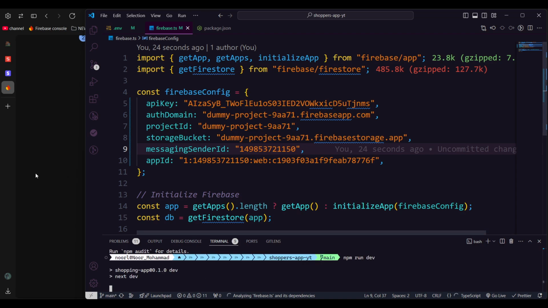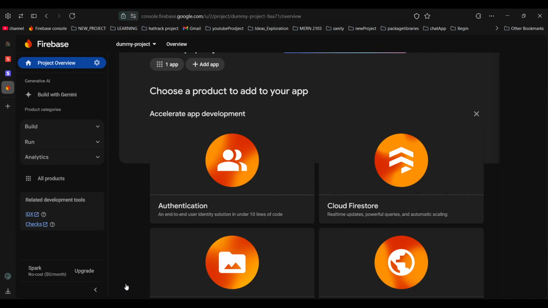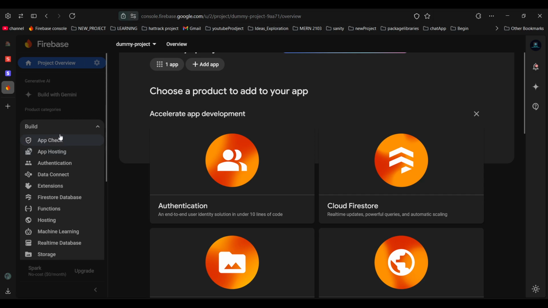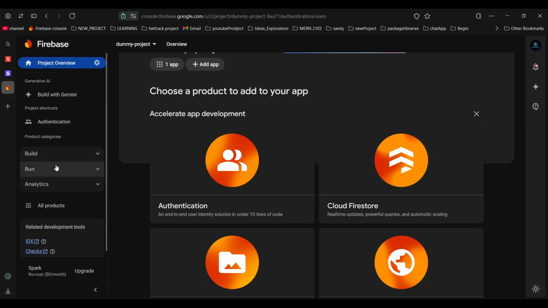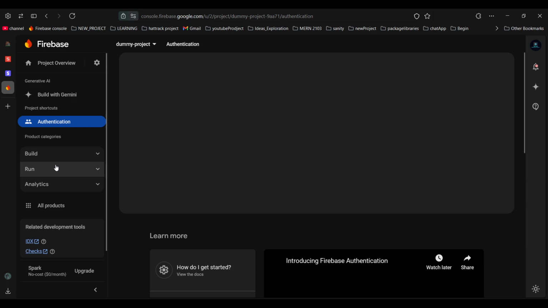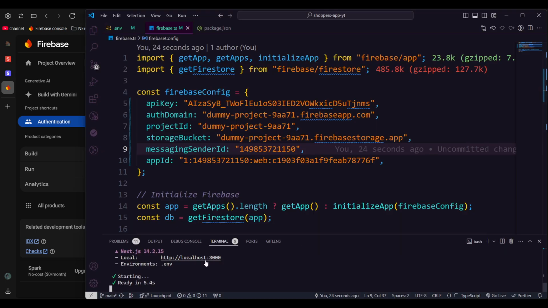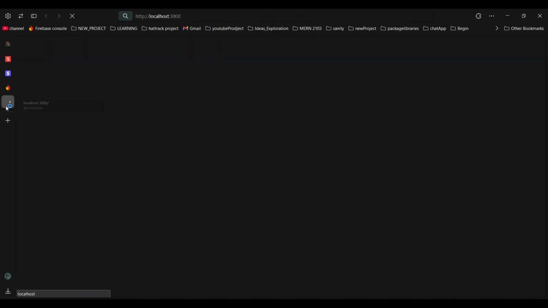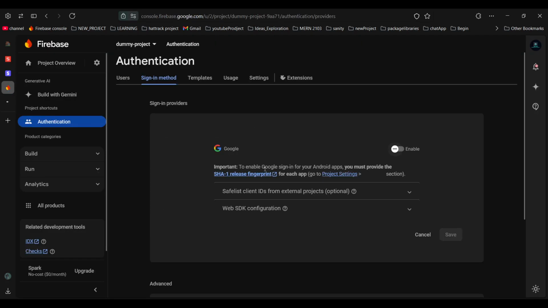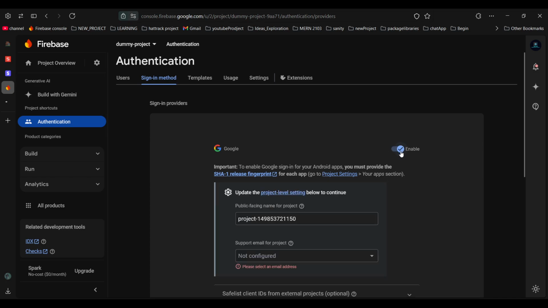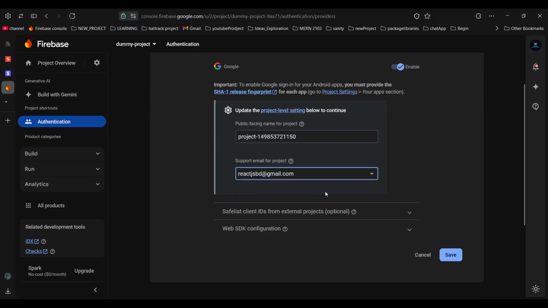While it's running, let's come back here, continue to the console, and from here I need to open up several things. First things first, let's click on the build folder, and from Authentication I need to open up the sign-in authentication method. So click on get started. After creating that, okay, it's already started. I'm going to click that to open. Okay, I'm going to open that Google one, click to enable it, and from here I need to configure my email,